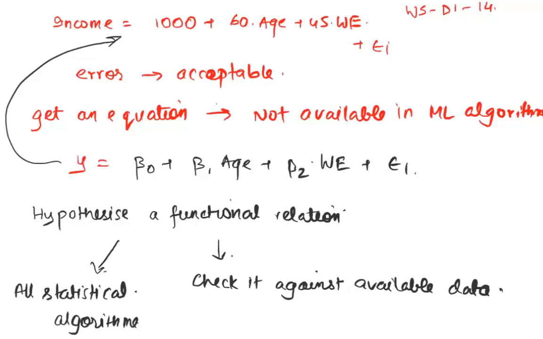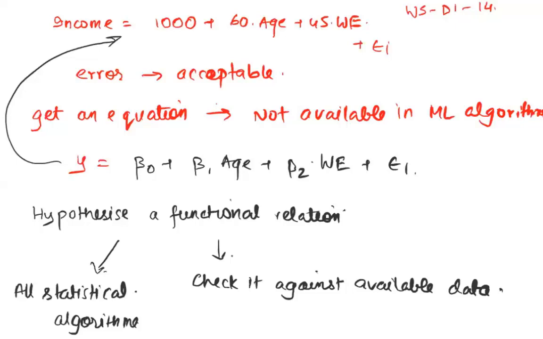We hope there isn't too much correlation between age and work experience for the estimation technique that we'll discuss right after this, OLS. We'll talk about certain assumptions that are there in OLS. But this equation does not make any assumptions or claims on how age and work experience are related. If we are going to estimate the values of beta of this equation using an OLS technique, then we'll need age and work experience not to be highly correlated. But the equation itself does not demand any such thing.